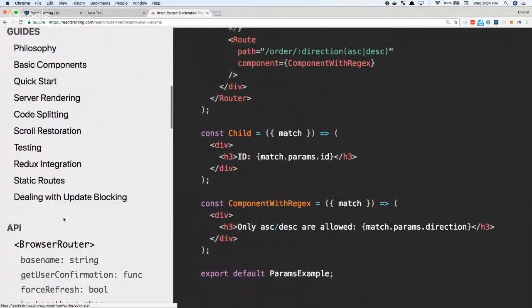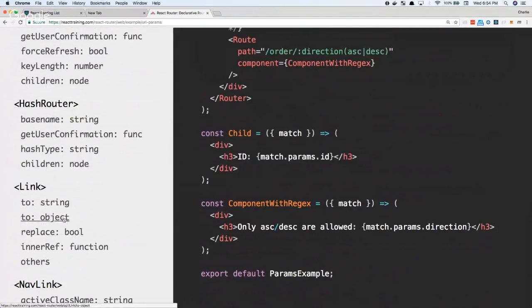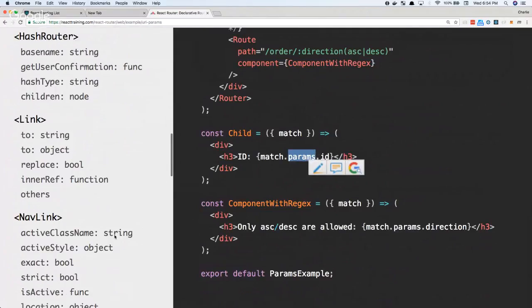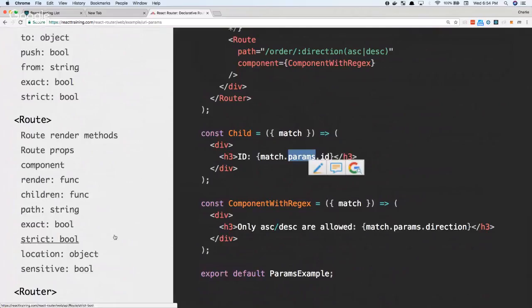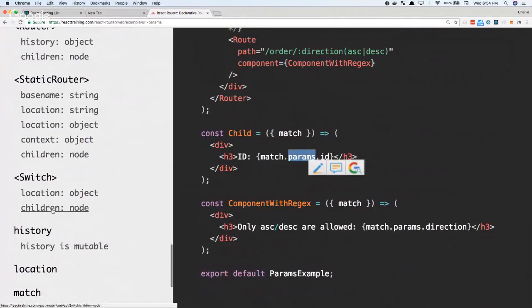I console logged params, and then it gave a little mini object. Yeah, the match was in there and a couple of things, like an ID. It's interesting that match is within the params object itself. I wouldn't have expected that, but maybe that's what they're doing. Where is match? So we should be able to see